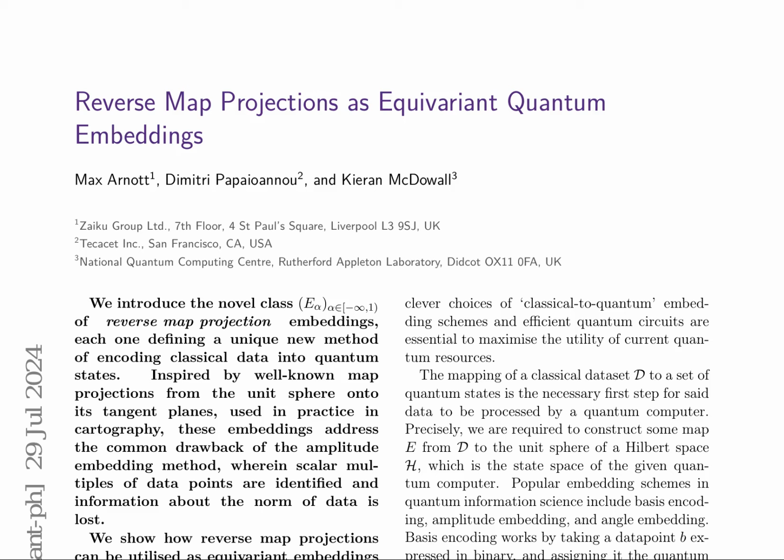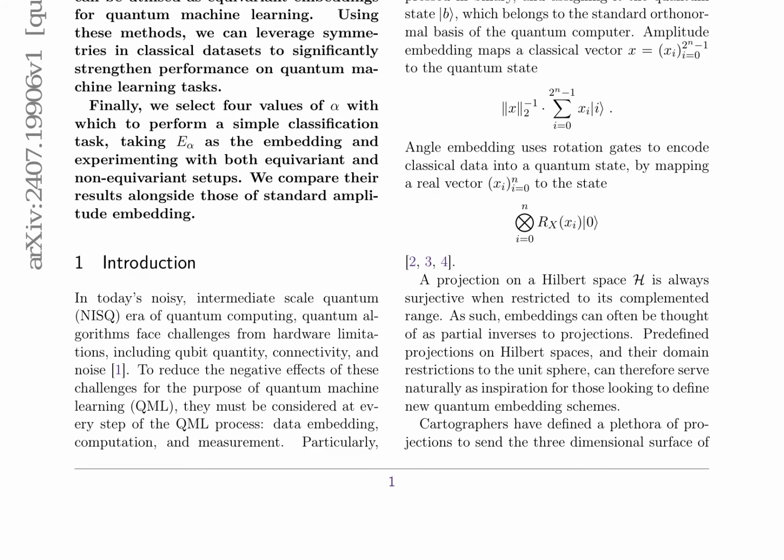The research paper introduces a novel class of reverse map projection embeddings, inspired by cartographic projections. These embeddings address the drawback of amplitude embedding by preserving the norm of data. The authors show how these projections can be utilized as equivariant embeddings for quantum machine learning, leveraging symmetries in classical